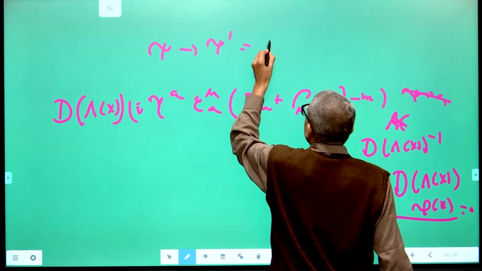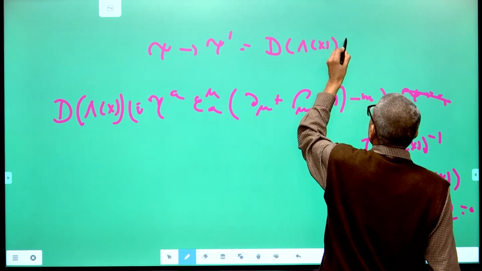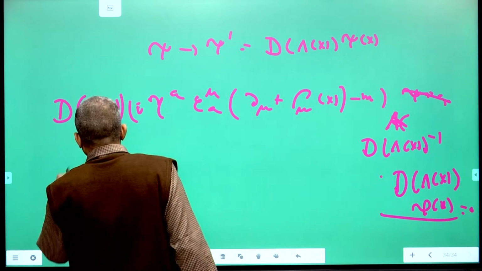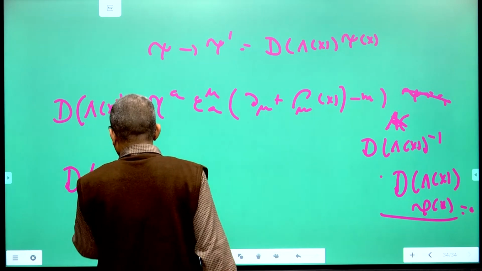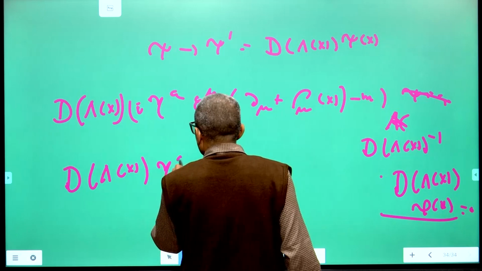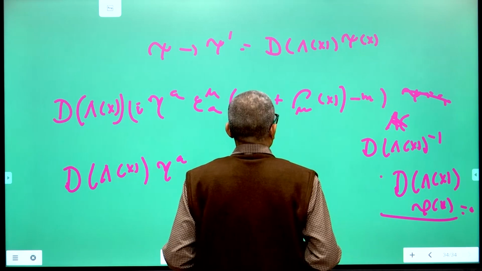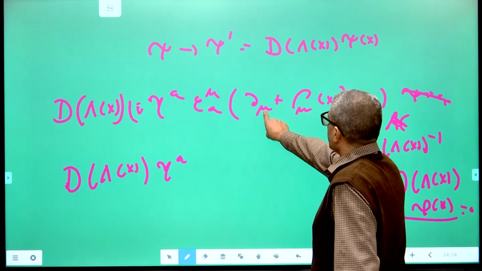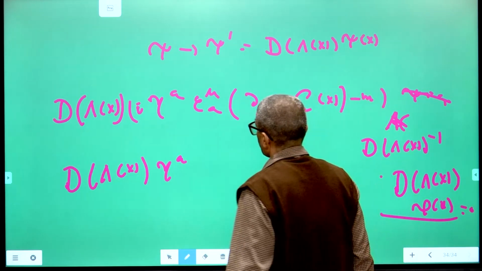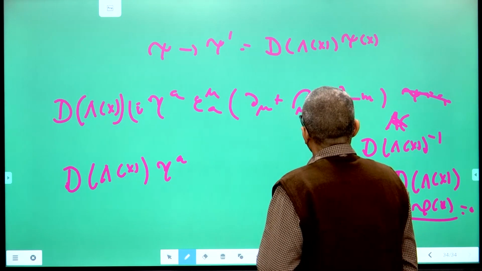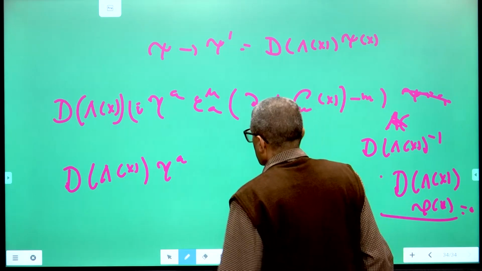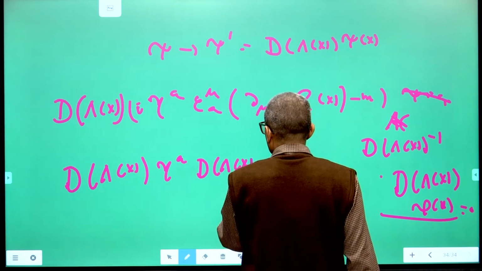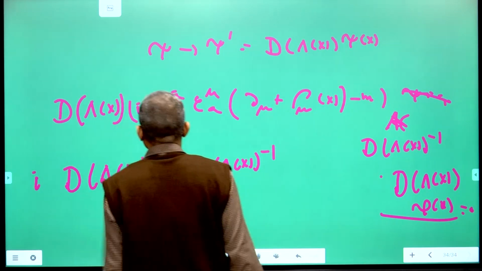This goes to psi dash, which is D of lambda x into psi x, where D lambda is the spinor representation of the Lorentz group. So what happens to this? This will become D of lambda x into gamma A. I can bring in this D lambda inverse through this, but unfortunately it gets differentiated here by dou mu. So what will happen? You can write this as D lambda x gamma A, then you have D lambda x inverse,